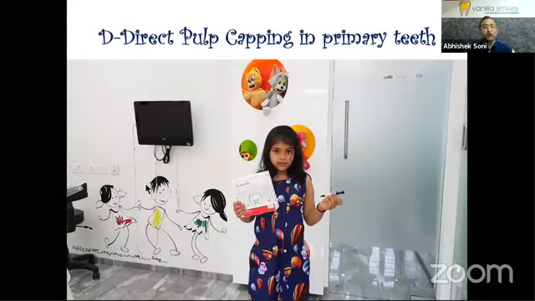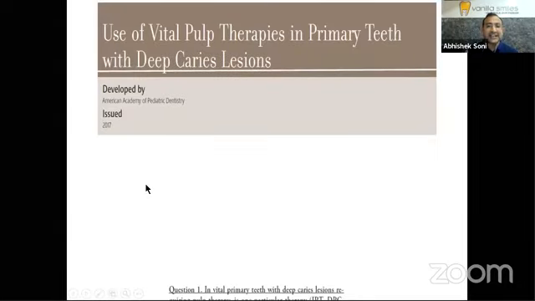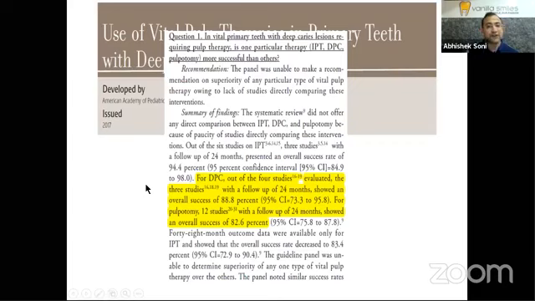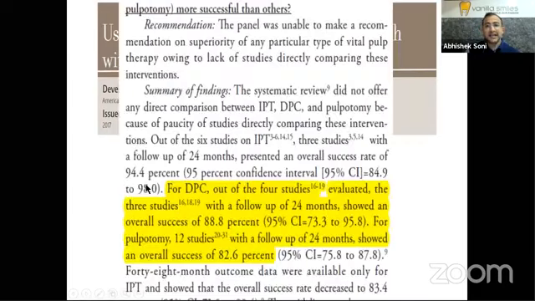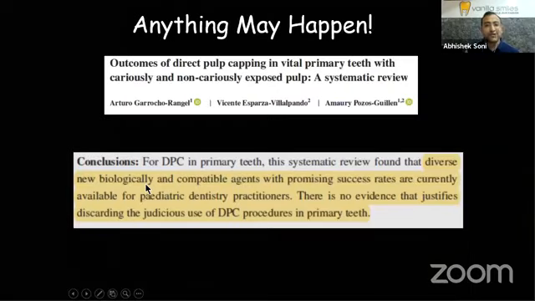So as we move towards minimally invasive pediatric dentistry, let's be minimally invasive in our pulpal procedures also. With the advent of bioceramics, what was a contraindication once upon a time is now an indication that finds place in the American Academy of Pediatric Dentistry guidelines, your direct pulp capping, which shows a success rate of around 88 to 90%. And a recently submitted review which talks about the direct pulp capping outcomes in cariously exposed pulp.